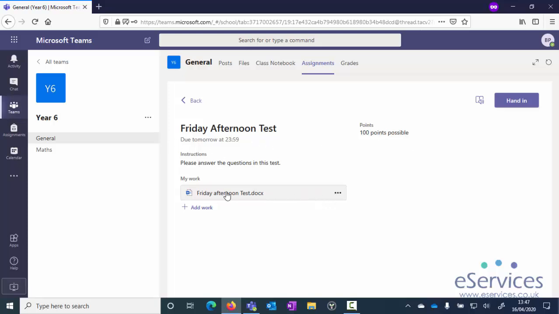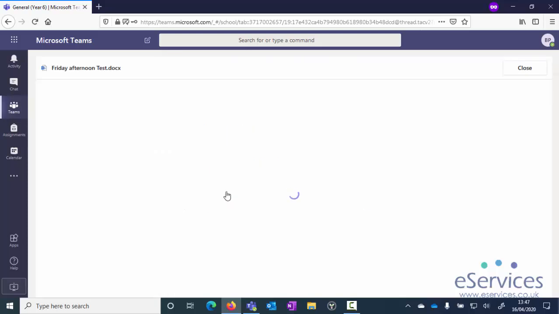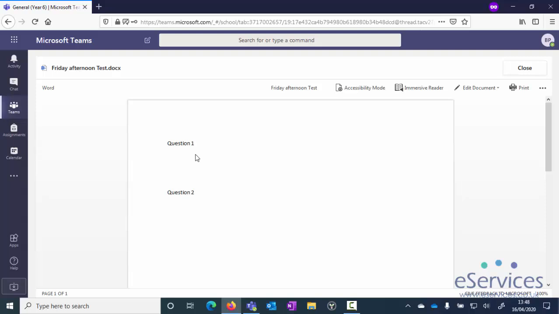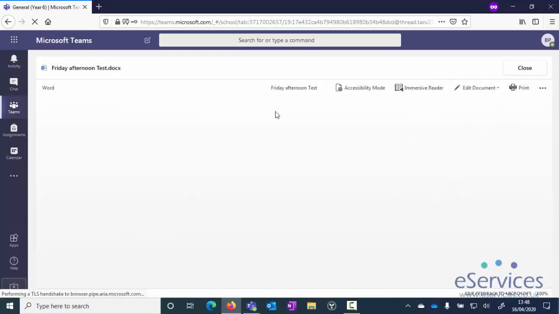It will give them the title, the instructions, the due date, and the possible points. Here's where it becomes very useful. She can then click on Friday afternoon test. There are the questions. This was one of the things I was talking about in the web browser. It's not the stripped down version. It's just showing you what the document looks like. But if we click on Edit Document and Edit in Browser,